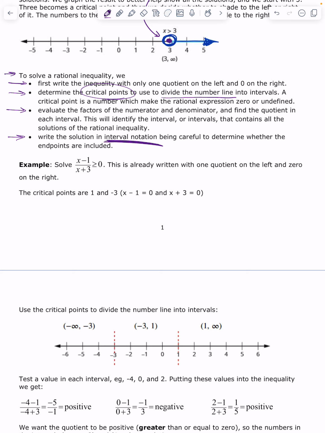Okay. So take a look at our first example. x minus 1 divided by x plus 3 is greater than or equal to 0. Greater than or equal to 0 means we are looking for where our values are non-negative. They're either 0 or positive. Okay. We have got the numerator. If the numerator equals 0,